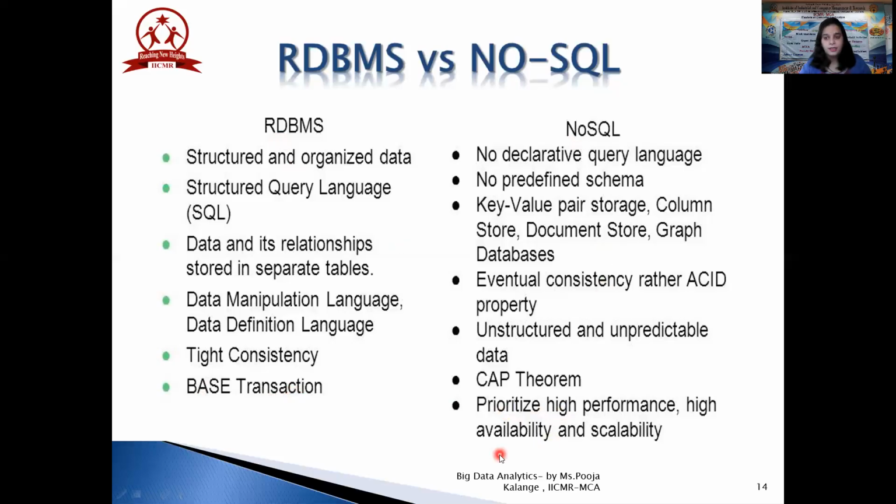Just to give a quick recap of what we have covered in the refresher course: we have studied the basic measurement units present in data and the different kinds of data. Then we covered the ACID properties. Then we saw what NoSQL is, what the NoSQL types are, what the BASE properties in NoSQL are, the examples of these different types of NoSQL, and the difference between RDBMS and NoSQL. I hope you are clear with these different types of NoSQL and the properties which we have explained here, including the two-phase commit. You can go into more detail